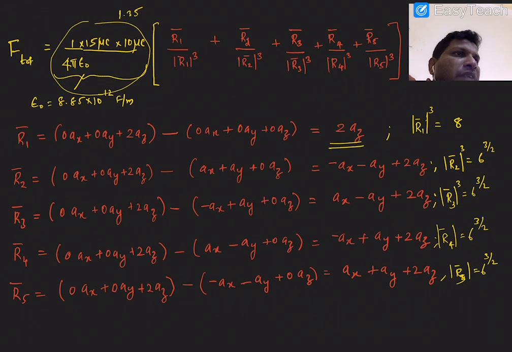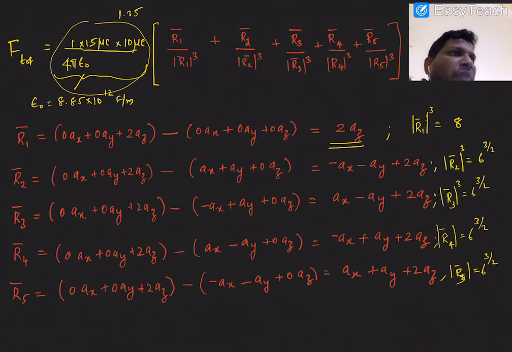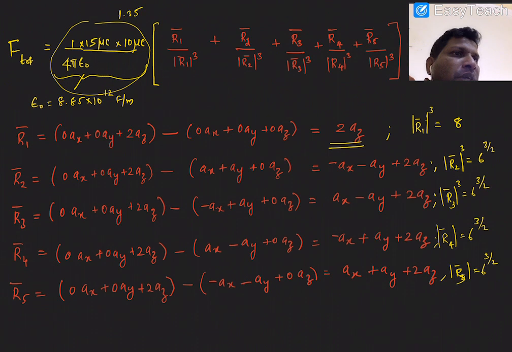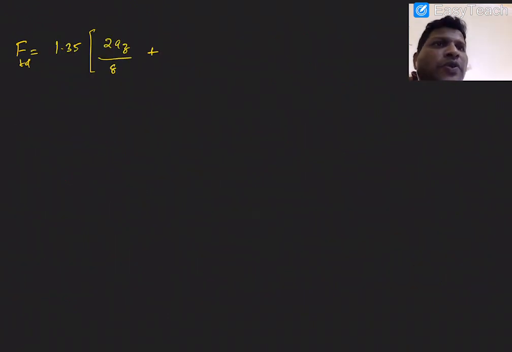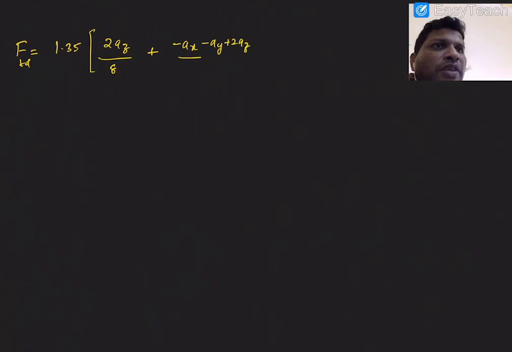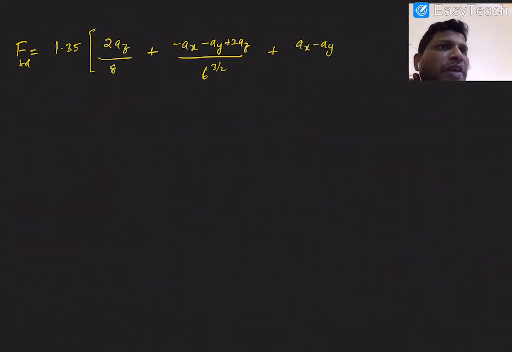So I will write the equation in the next page. So you will get the total force equal to 1.35 multiplied with, you see this is AZ, so 2AZ divided by the magnitude cube, that is just 8, plus, you see here this vector is minus AX minus AY plus 2AZ divided by the magnitude cube, which is 6 power 3 by 2, plus AX minus AY plus 2AZ divided by 6 power 3 by 2, that is the magnitude,